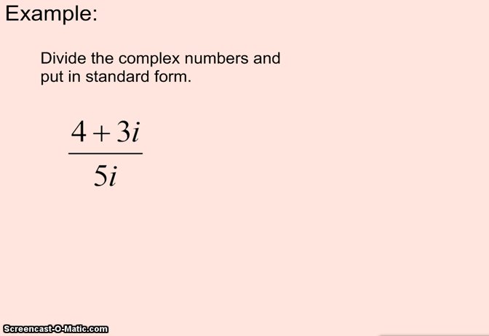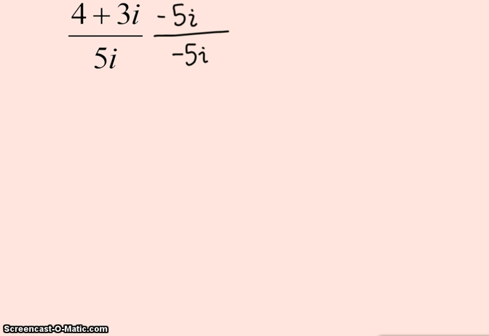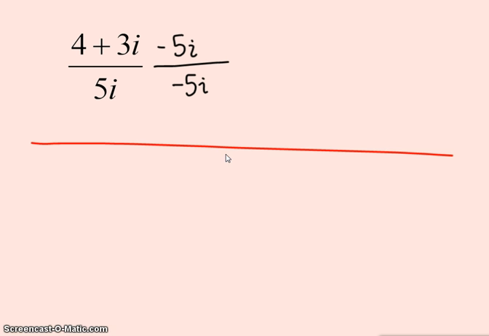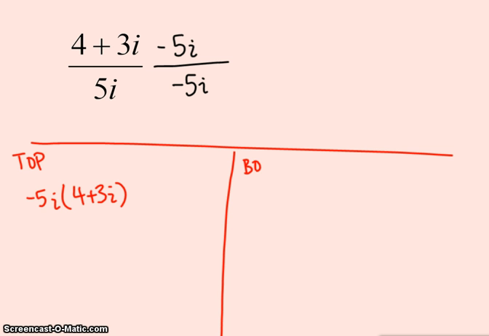Alright, now with this one it looks a little different because the number on the bottom is still considered a complex number except that it has a 0 plus in front of the 5i. So the conjugate for the bottom is actually going to be 0 minus 5i, or we can just say negative 5i. So when we multiply the top and the bottom, we would make sure that we multiply them both by negative 5i. So again, we have two multiplication problems to do. So the top is simply going to be negative 5i times 4 plus 3i, and the bottom is going to be